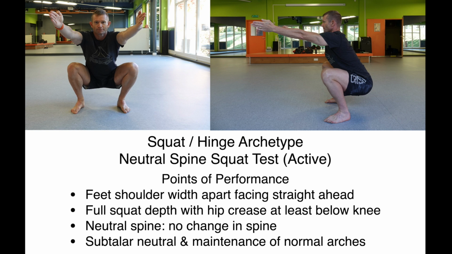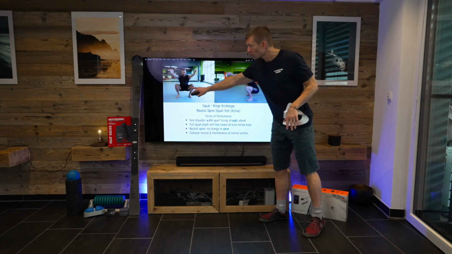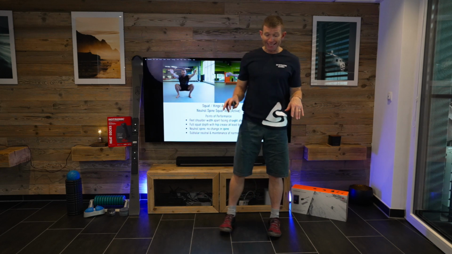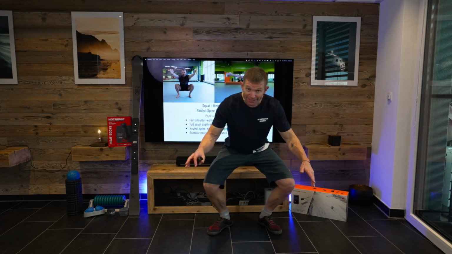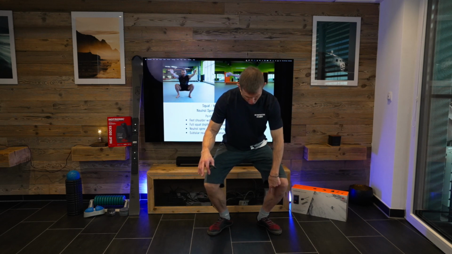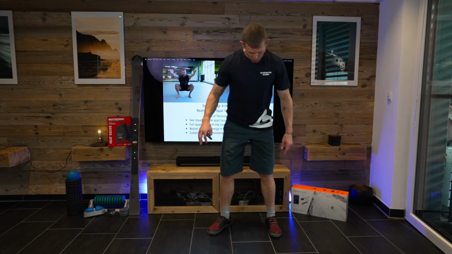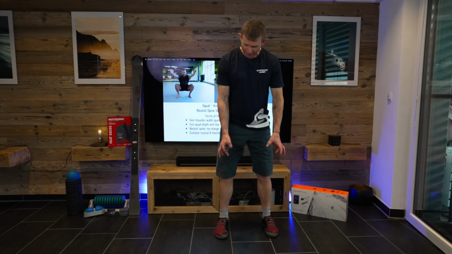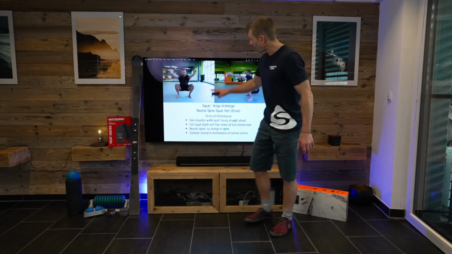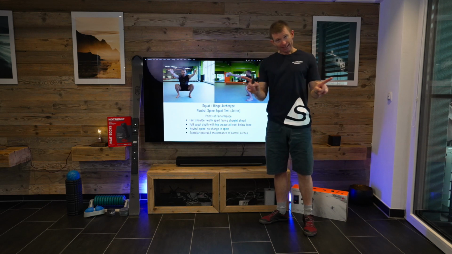So here I have to point my feet straightish forward, because one of the compensatory things when somebody does a squat is they will spin their feet to the outside to compensate for the ankles, and they will drop in again to make it easy. So we want to make sure that we're in this position, creating torque at the feet level, and we want to be able to track the knees slightly to the outside.